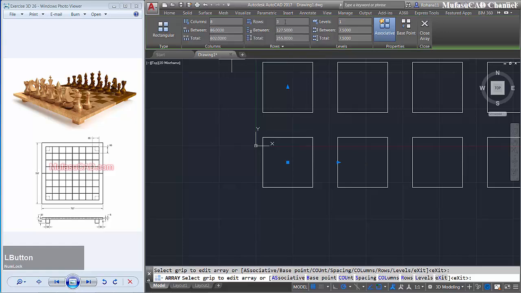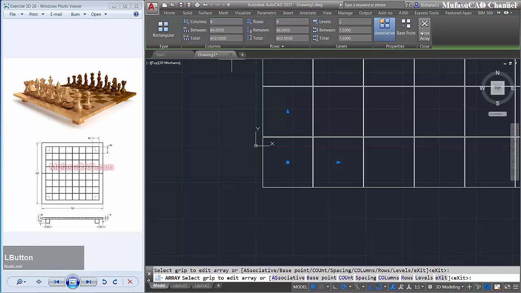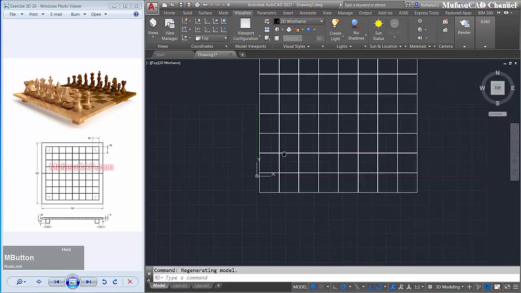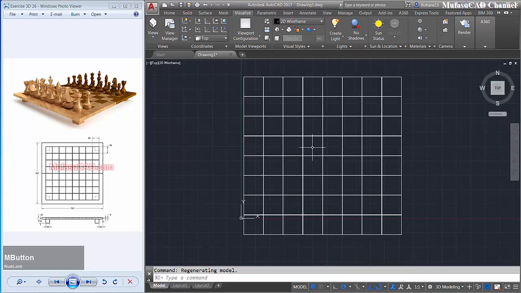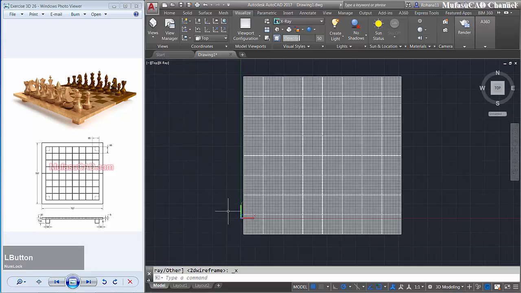I will change rows here about 8 and change distance between object about 86, and then we close array command. Next, use explode command. I will explode this object, enter, change into X-ray view, and I will union.